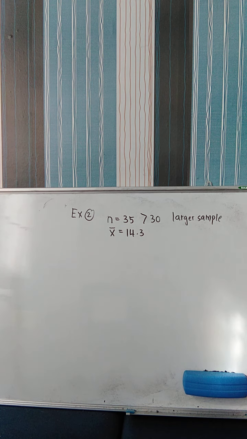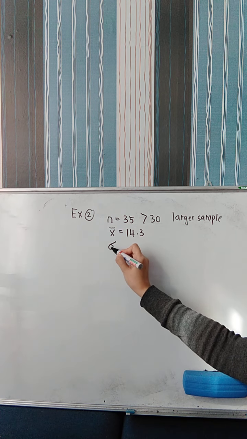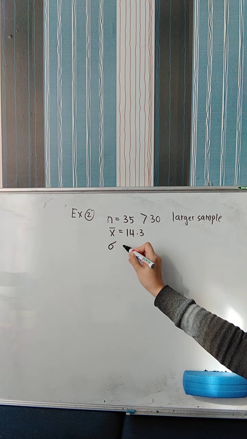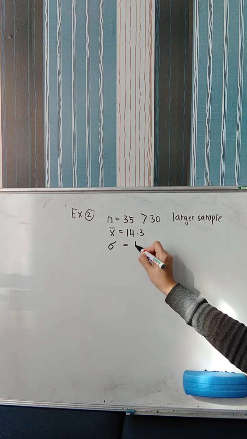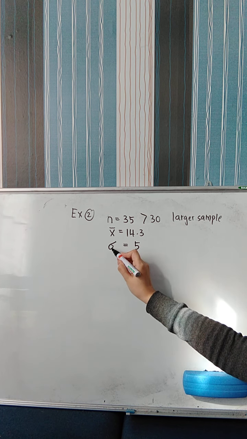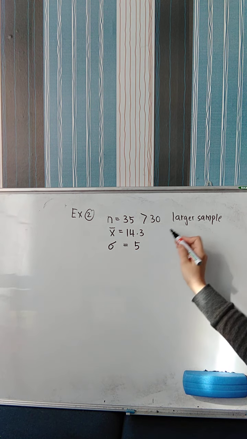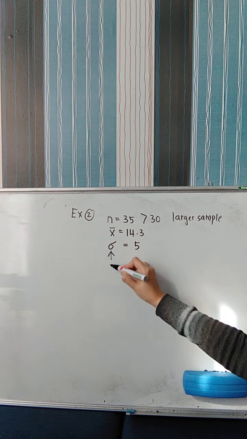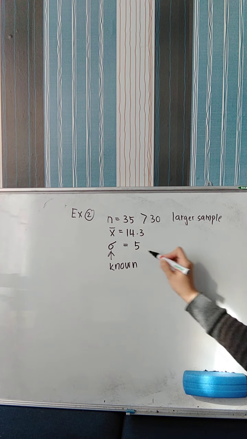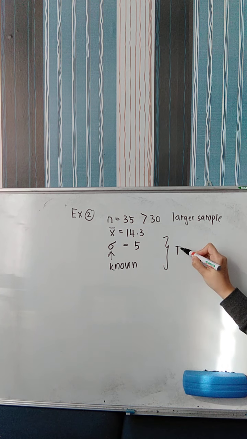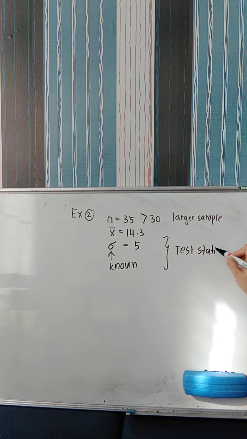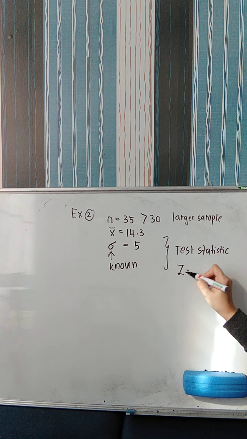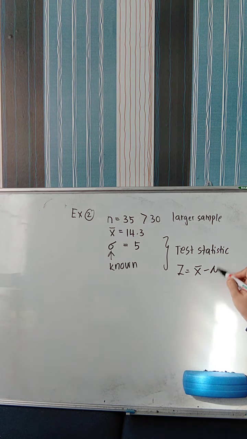Assume the standard deviation is known to be 5 minutes. So this is the population standard deviation, known, equal to 5 minutes. With a large sample and known population standard deviation, your test statistic must use